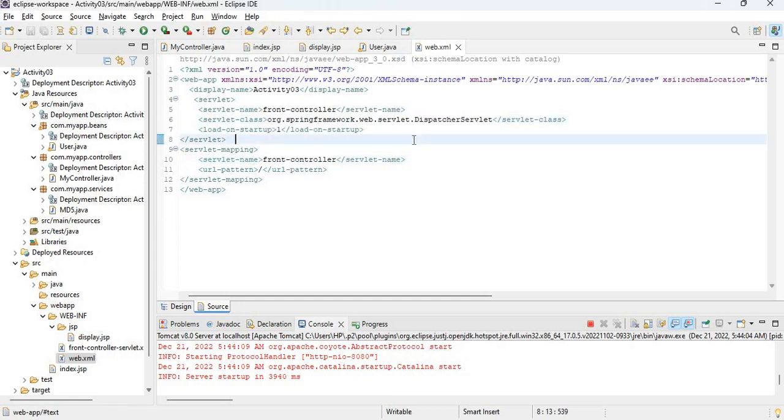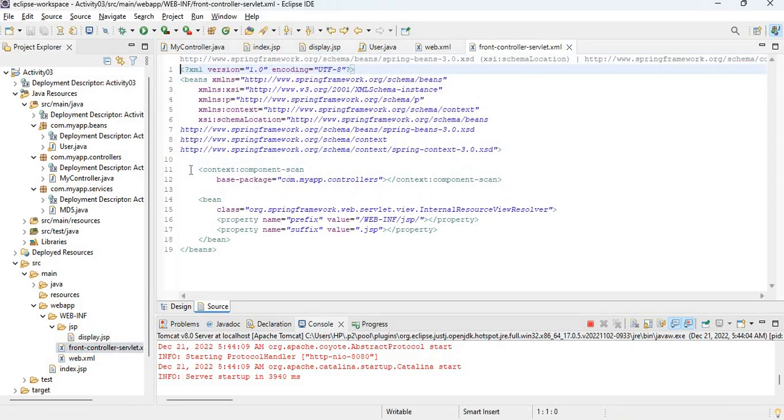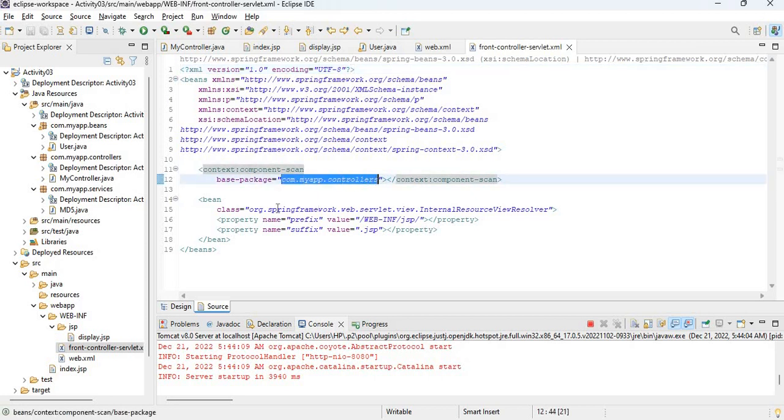After that, we need to configure the dispatcher servlet. So we are going to add some configurations. When we are adding the configuration file, I told you that first we need to use the servlet name, here front controller, and after that we need to use servlet.xml. And we added several configurations here. Under this we mentioned where our controllers are, and also where our views are. Here we said our views are inside the WEB-INF folder, and we created a folder called JSP. Inside that we have the